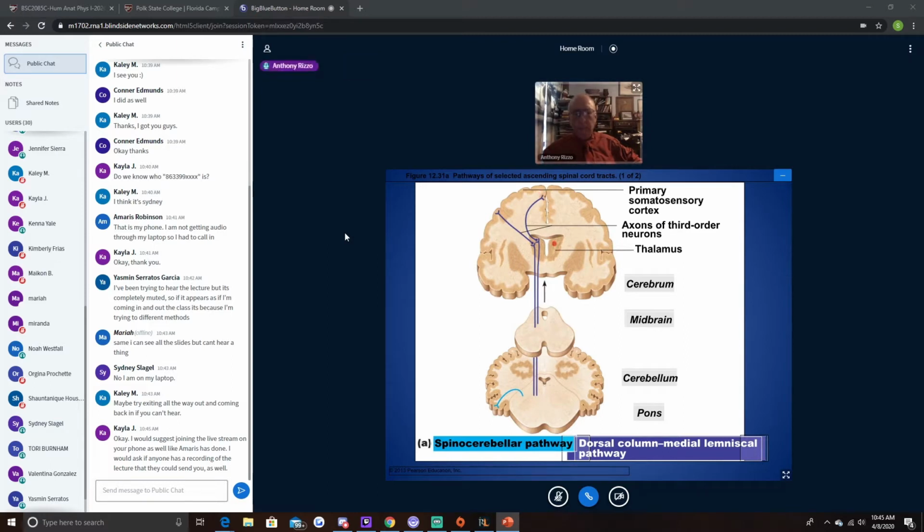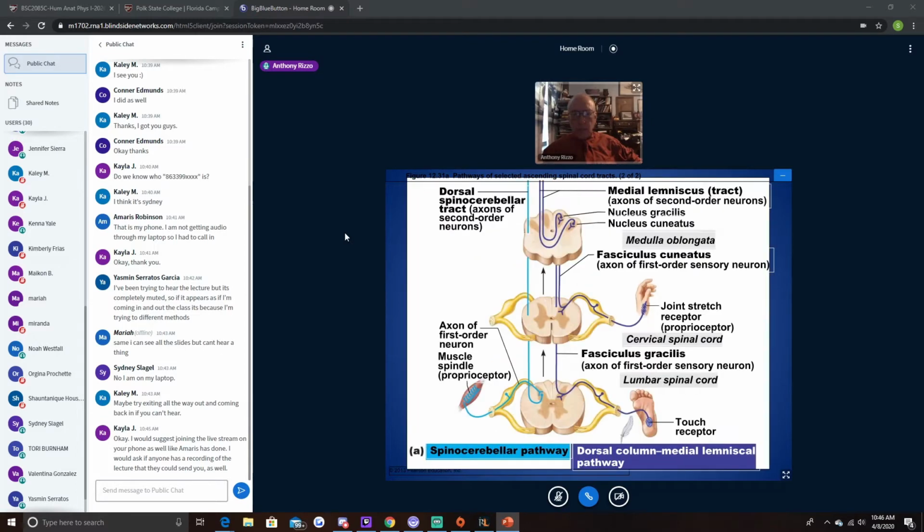Thank you. All right. So an ascending pathway. I'm going to go back to the previous slide. An ascending pathway is 3 neurons. Here is a different one. This is a proprioceptor, a stretch receptor, and it's in the muscle. And there is a long sensory dendrite from